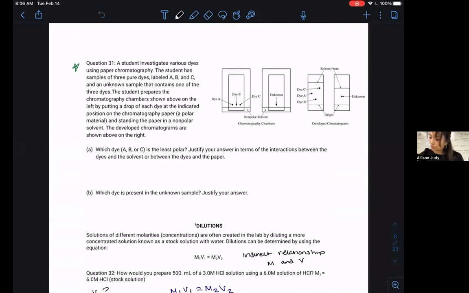And we have question 31. A student investigates various dyes using paper chromatography. This method of separation of solutions and mixtures was introduced in unit 1, and it is totally based on the principle of likes dissolve likes. So what we have here is